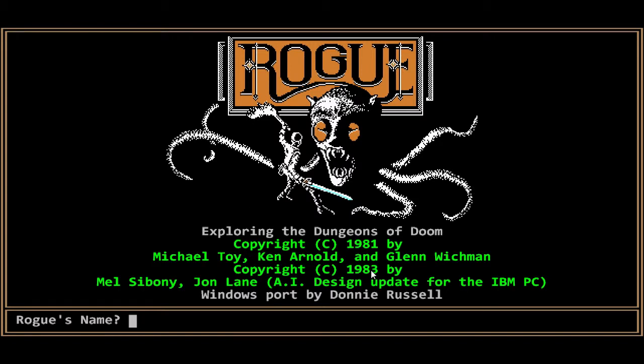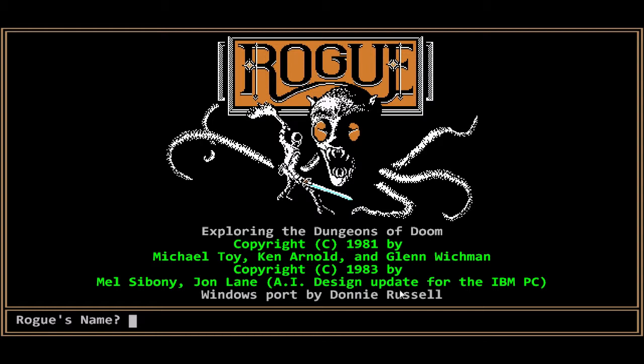And the original Rogue was made by Michael Toy, Ken Arnold and Glenn Wichman, as you can see here. And it was made for mainframe computers. It was not made for home computers. Like those huge room-sized computers that were in universities and stuff like that, and that you could access via terminals. And they made the original Rogue for such a thing, and it was later ported to the IBM PC by a different set of people,